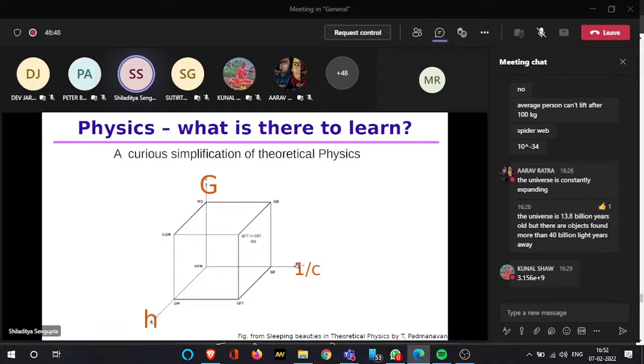It's a very curious thing that we have different theories of physics to understand these three questions. For example, if you want to study how things move, you study mechanics,